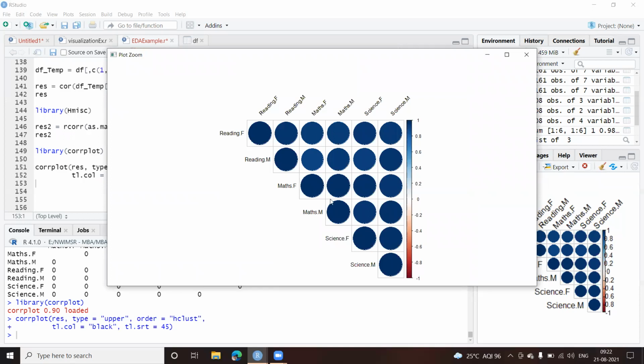Now if you look at the colors also, there's a very slight difference in the color. Whenever you see this, because this value is highly correlated, because both are the same fields, that's why you can see these colors are darker compared to the other one. Now this one is a bit lighter compared to this one.